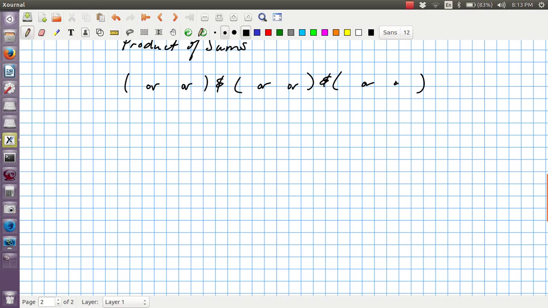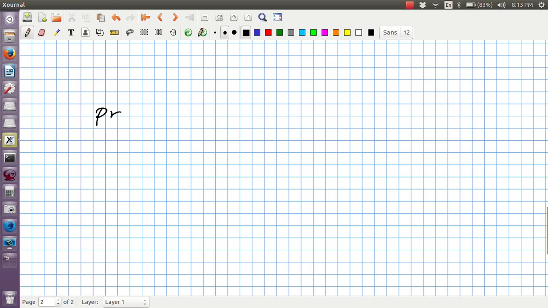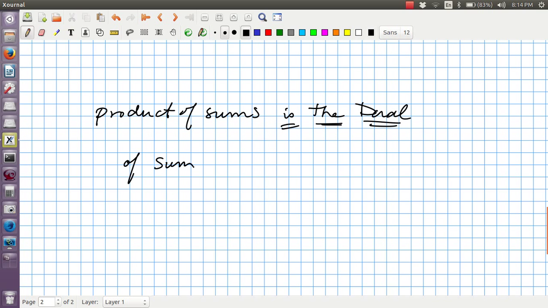This kind of structure is called product of sums, and it would look like this if you see it written out. And it is mathematically equivalent to what we're doing. It is actually the dual. So we are going to talk in this class about duality. The product of sums is the dual. And this is the only thing I want you to know. You don't have to overanalyze. You just have to know that this idea of sums of products